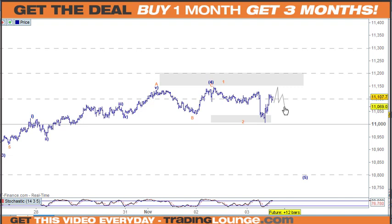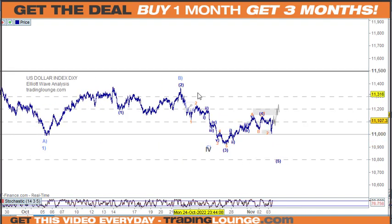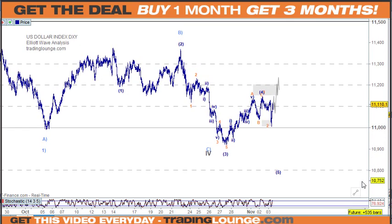Pulling back here, and then having this one, I don't know how high it would go, but just sort of guessing at it like that. Now that would give us 5 waves there, and from this top to this bottom here, that's the 61.8%. The only other count that it could be on the bearish side, just to eliminate things, is putting